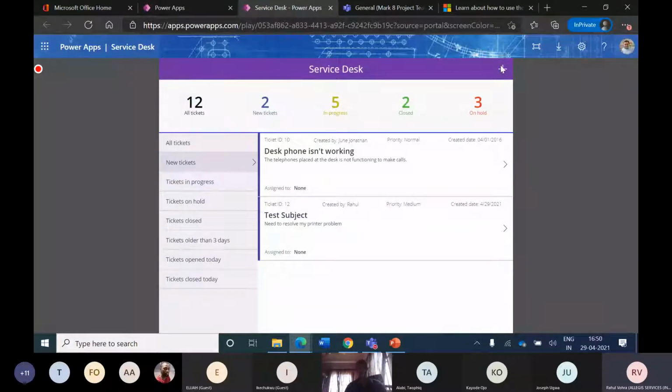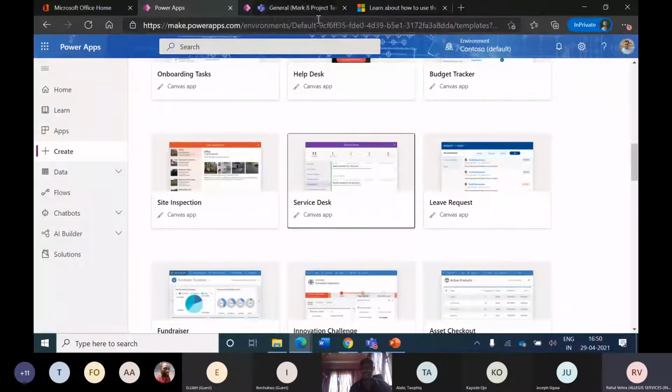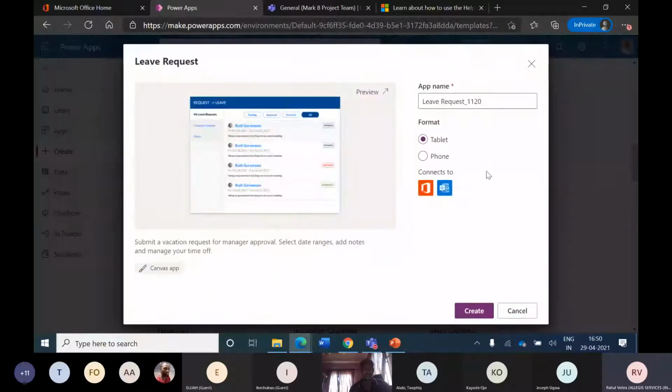So this is one way a preview of an app is available, enabling me to get a first-hand experience of the app before I actually deploy it. So if you are working on a use case and going through these templates, you can figure out if a specific template meets your requirement or is close to it, whereby you can make the necessary changes before you go ahead and deploy.